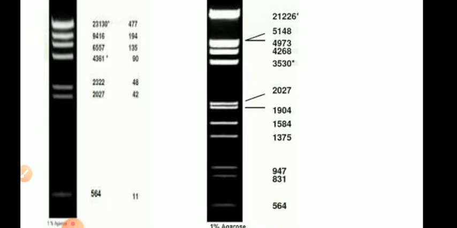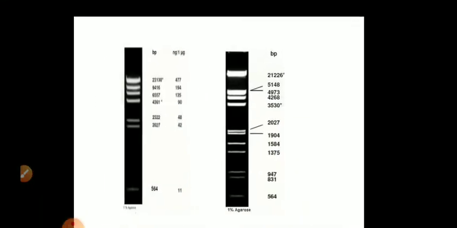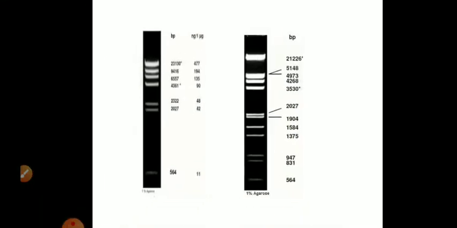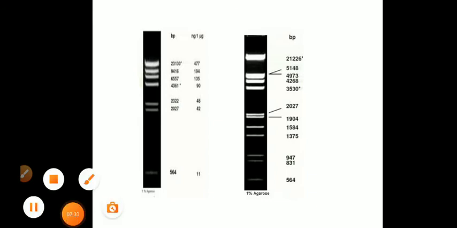Now, by the side of this ladder or standard digest, we have our experimental DNA, and we compare the position of the bands in the experimental DNA and the standard digest and estimate the size. This is how we analyze the size. Not more precisely, but with 5% error we can find out. Using a standard restriction digest like lambda DNA ladder or 1 kb ladder is the most widely used method for analyzing the size of DNA. So that is all about analyzing the size.